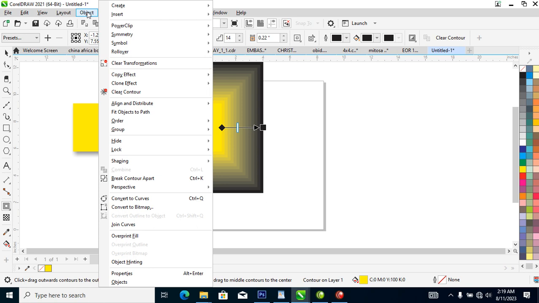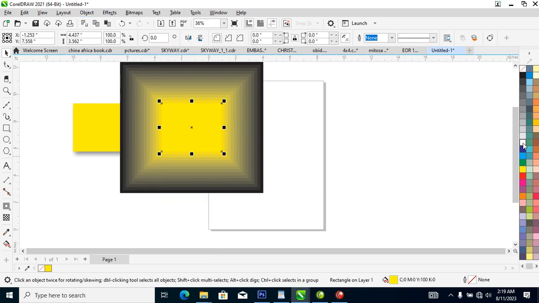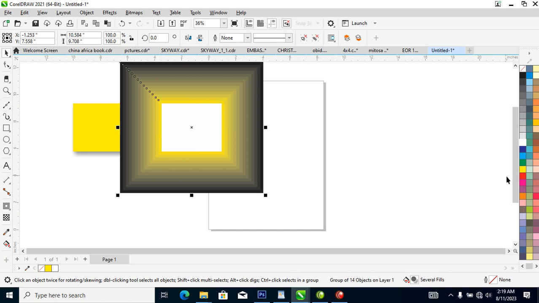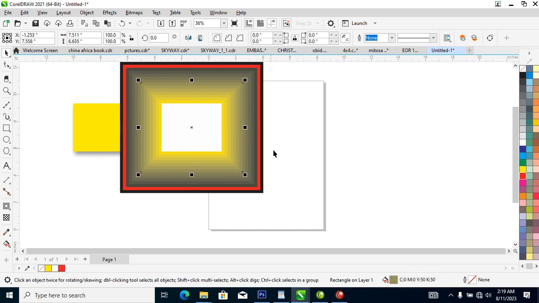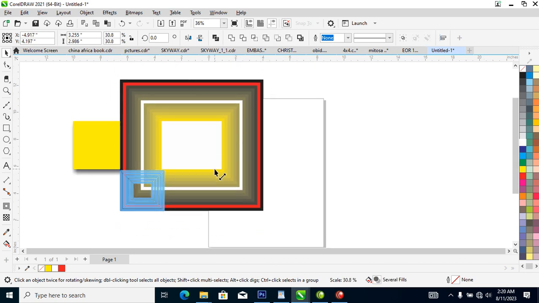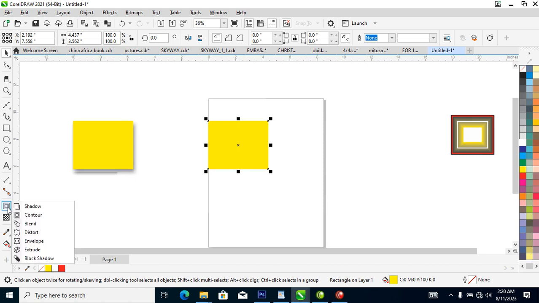You can as well go over to object, then you break all the contours so that you can apply colors to each of the objects that you created. Can you see that? So that's that. So right now the next tool to never joke with is the blending